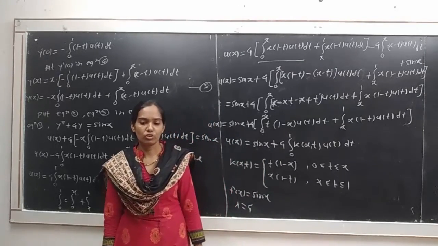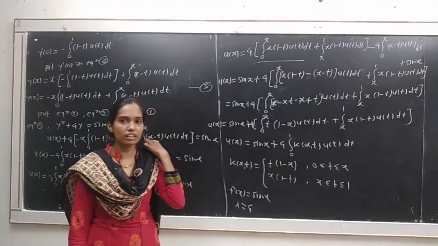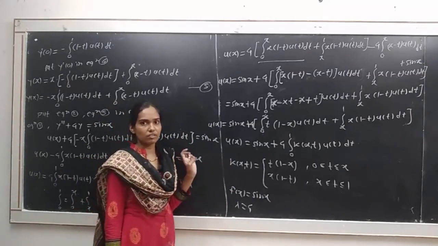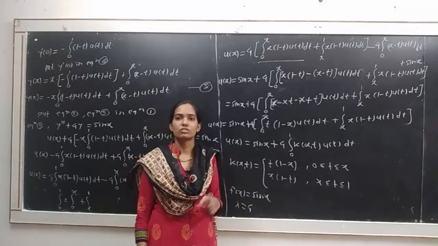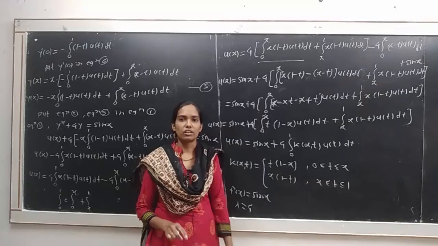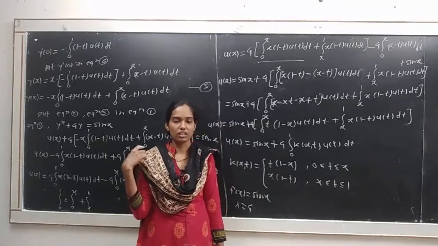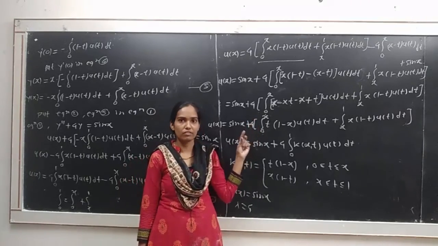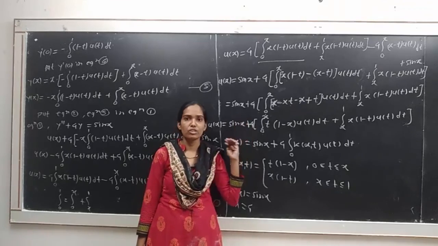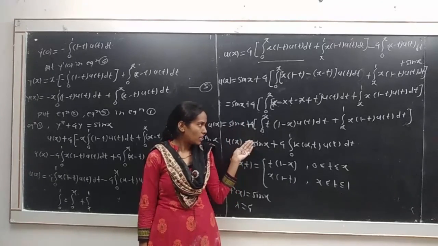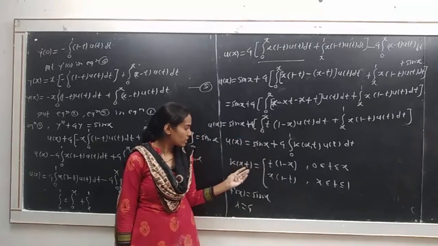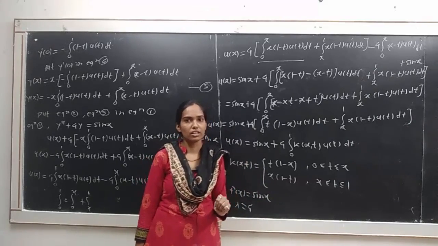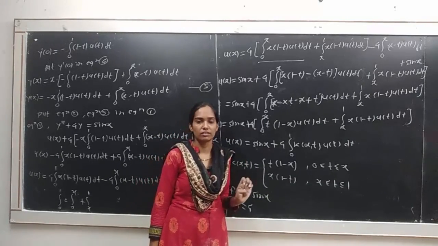In this way, okay students, we can easily convert the given boundary value problem to the Fredholm integral equation. For that, we have to similarly use the method for converting an initial value problem to the Volterra integral equation, and then split the interval, that is, if the interval is from 0 to 1, then split it from 0 to x and x to 1, and by simplifying that equation we get the split kernel in this form, and that is the given Fredholm integral equation. Okay students, you can get that. Thank you.